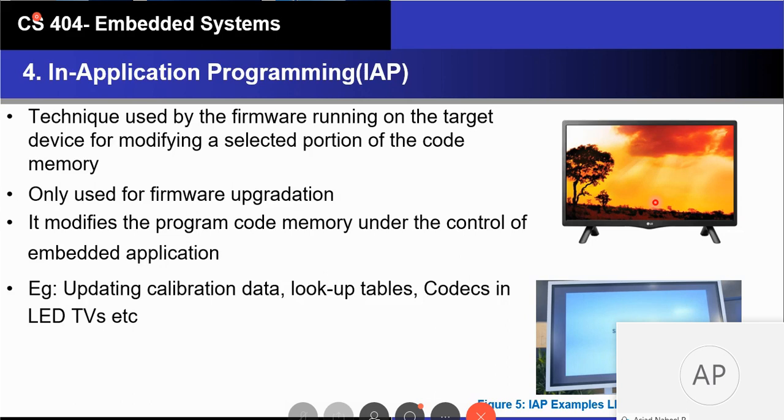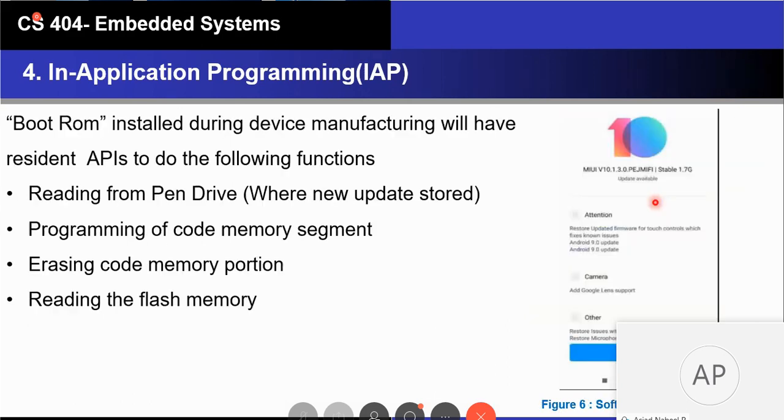So that firmware, that means the software residing in the embedded system, updates itself. The basic technique here is the concept called boot ROM. When the firmware is loaded into the code memory for the very first time, a specific portion of the memory is dedicated to a special portion of the firmware called the boot ROM.